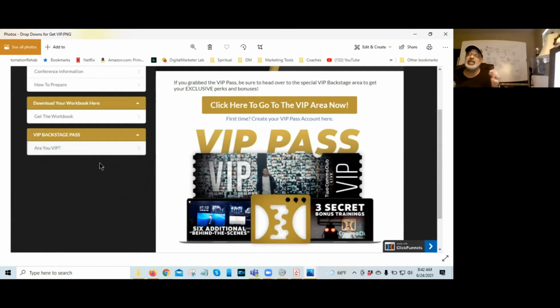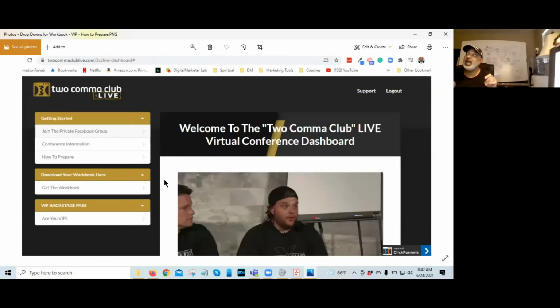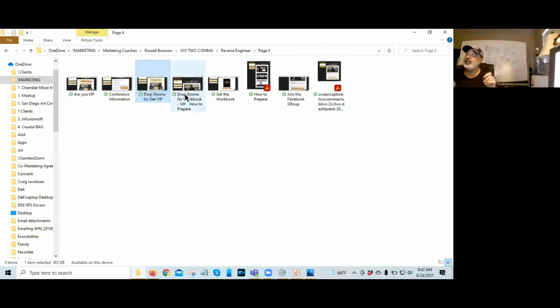I think this is actually a page, whether you're a VIP or not, it's asking you right here, are you VIP? If you are VIP, you're going to get a username and a password. They do membership site. ClickFunnels provides membership sites. I'm not going to go into it, right? And we're going to get to this page, which is super important. And I think it's going to be this right here. It's how to prepare. I'll get there in a minute.